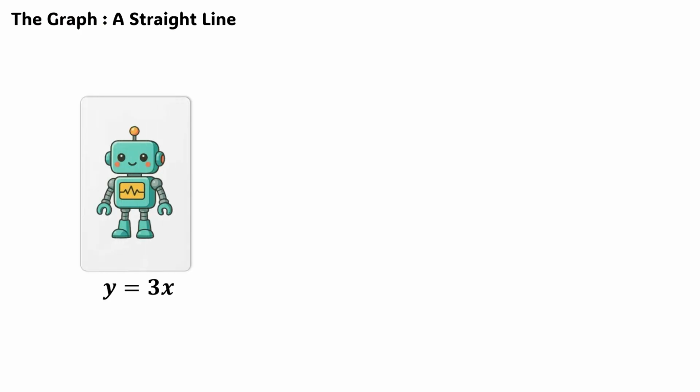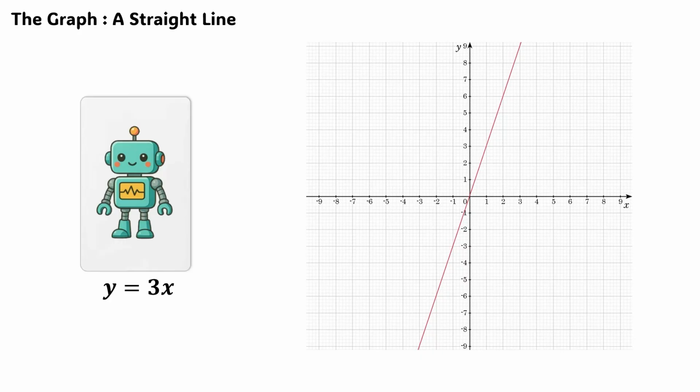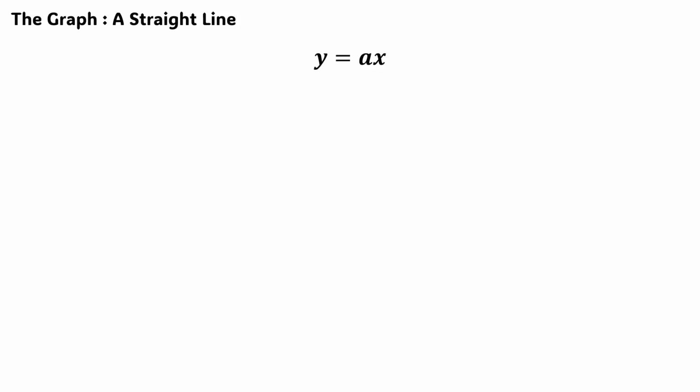What does direct proportion look like visually? Let's plot our photo card example, y equals 3x. It's a straight line that passes through the origin, 0, 0. Because if you buy 0 cards, which is x equals 0, it costs you $0, which is y equals 0. Simple. Now let's look at the a in y equals ax. This little letter tells us two big things about our line.